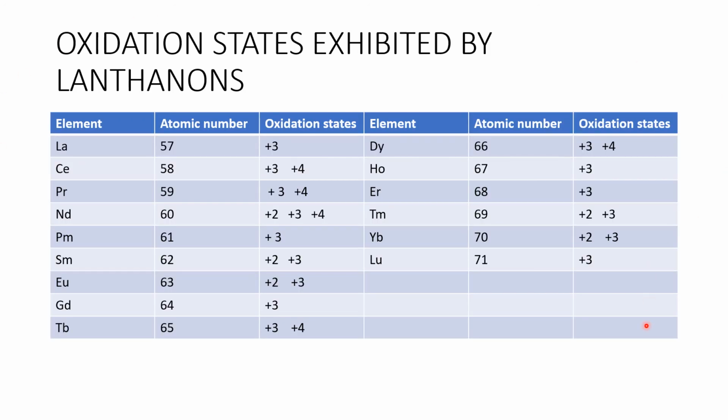So this is a table that is basically showing the oxidation states exhibited by all the lanthanons, and as you can see, all the lanthanons are exhibiting +3, and apart from that there are some lanthanons which exhibit +2 and +4 oxidation state. So for some lanthanons we can explain these oxidation states on the basis of their configuration, but for some lanthanons it is obvious that there are other thermodynamic and kinetic factors that play a role in deciding the stability of